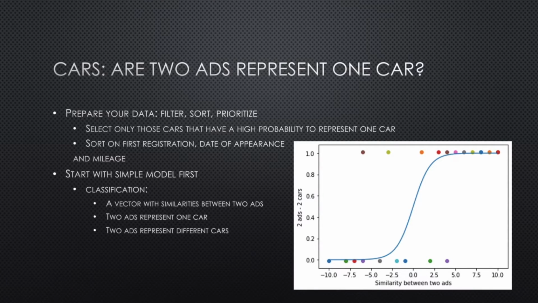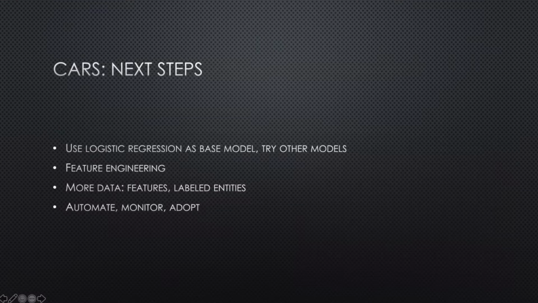Although definitely it depends on how many entities we use. That's why I say that it should be only the first step. We actually used logistic regression as a base model, and tried other models. I'm not going to go deeper into details because I want to show the other case as well, but this is the message that I want to bring: it's usually useful to have a base model. Based on this logistic regression we get a pretty good idea of which parameters are interesting and which are not. Surely the next steps included more labeling of entities, feature engineering, and automation, monitoring and adapting,